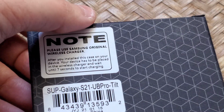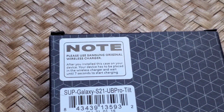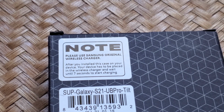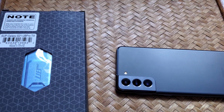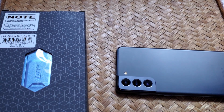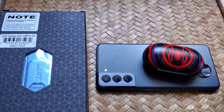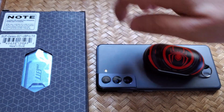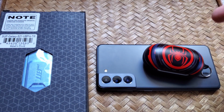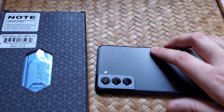So yeah, just keep in mind that one disadvantage of this case is you can't really use reverse wireless charging like the power share, where you have, for example, your earbuds wireless charging on your phone. Well, imagine instead of the earbuds it's another phone with a case on here. Two phones with cases on top, it's not going to work. So keep that in mind when using this